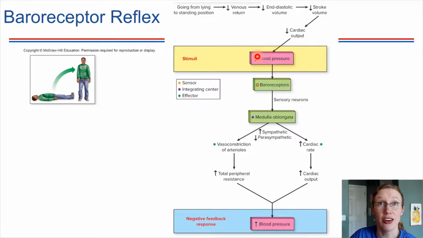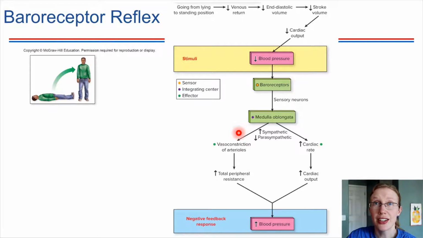And so even in the arteries, there's not going to be as much blood pressure now. That will modify the signals being sent by the baroreceptors. So that's going to send a signal up to the nervous system. That signal will be received and processed by the medulla, which will do a couple of key things. Okay, so it's going to cause vasoconstriction of the arteries.